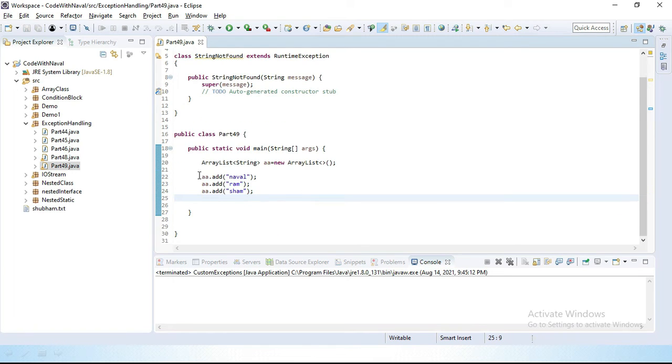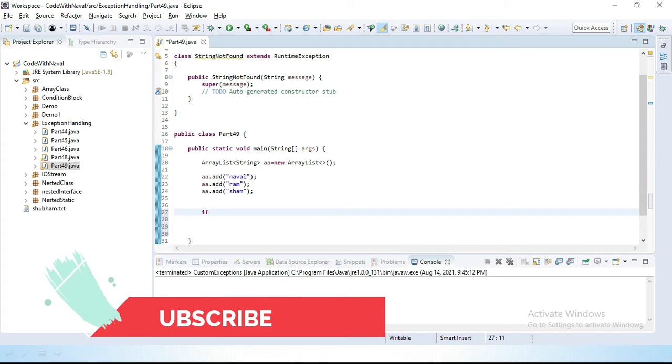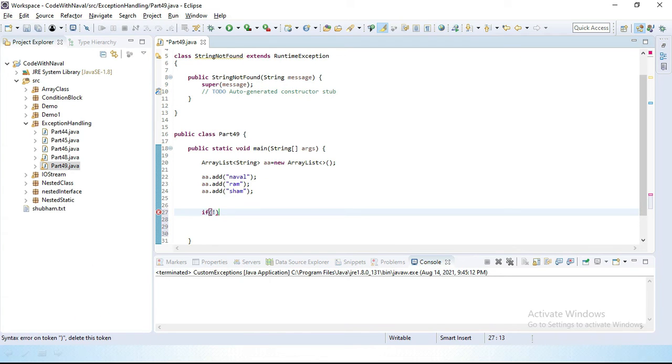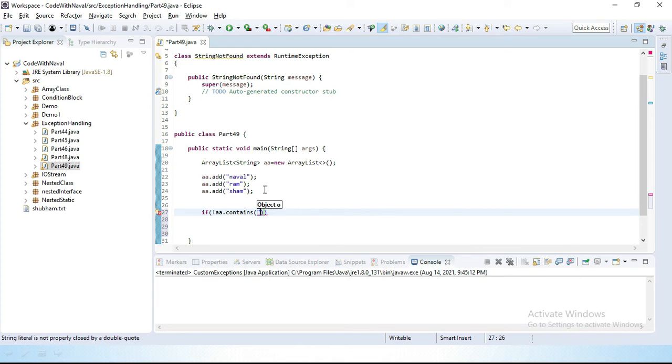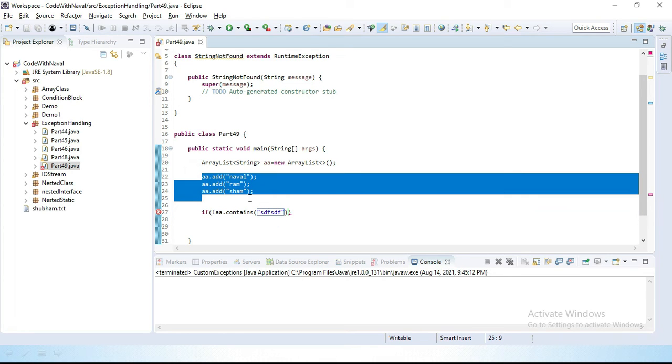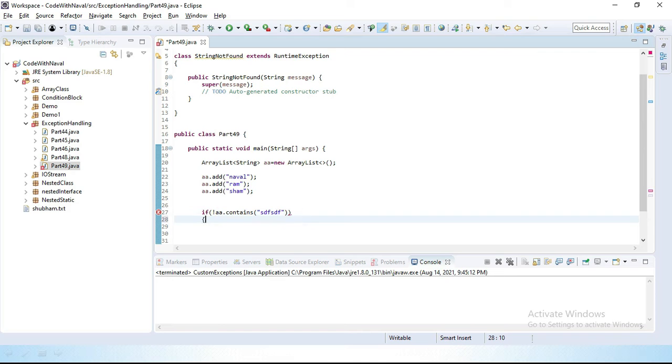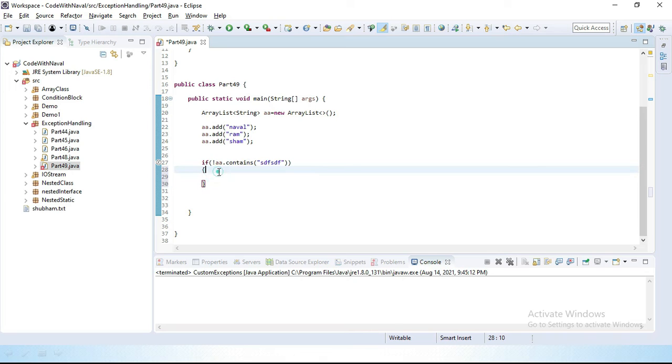Now I want to check if a name does not match. I'll add one condition here. If not AA.contains, I'll provide any random text. If this text is present inside the ArrayList, then this if condition will not execute. If it is not present, we add a not symbol, so only then this if condition executes.